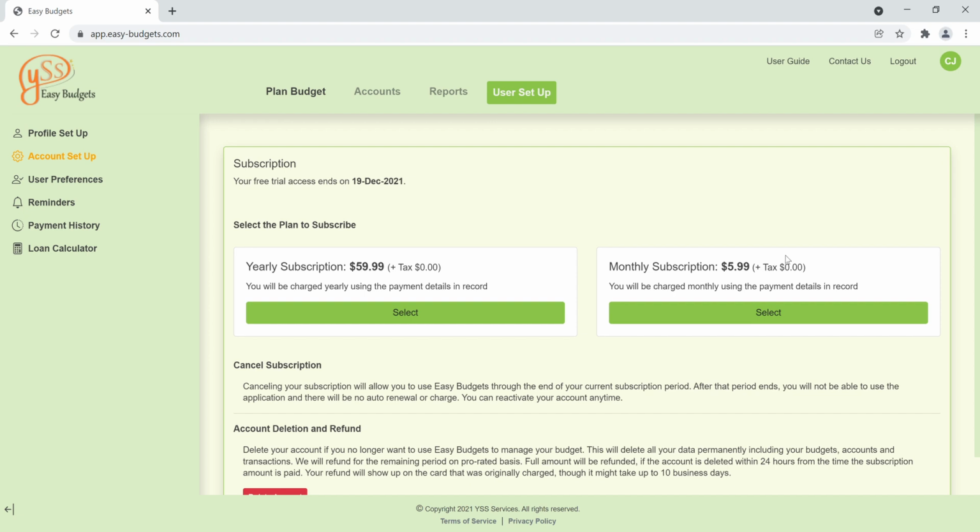Lesson 5, Manage Categories. The Manage Categories feature will allow you to create and add categories and subcategories to a budget, change or update category and subcategory names, delete categories and subcategories, view the list of categories and subcategories associated to a budget, rearrange the categories and subcategories in the order in which you want to view